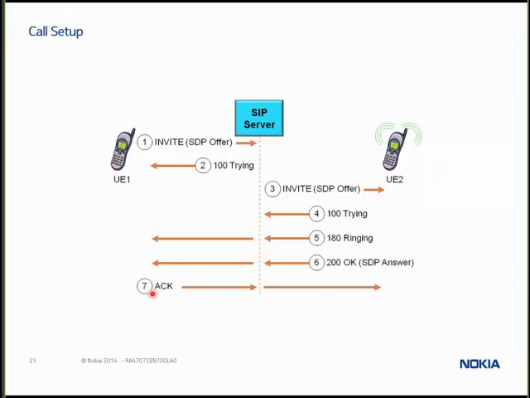But the SIP signaling itself will not go directly between subscribers. It will go from the subscriber to the server to the other subscriber. Now, once we've made the call, we've established the call, and we'll talk more about the voice part in a little bit, but we will then,